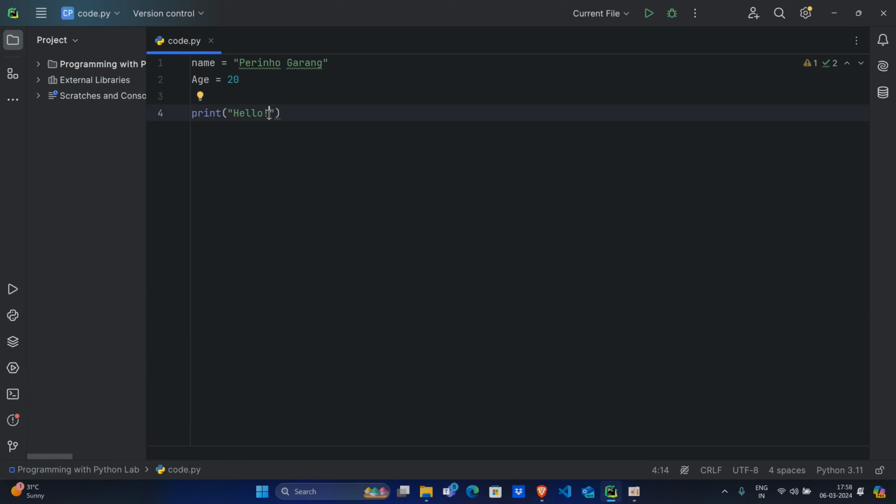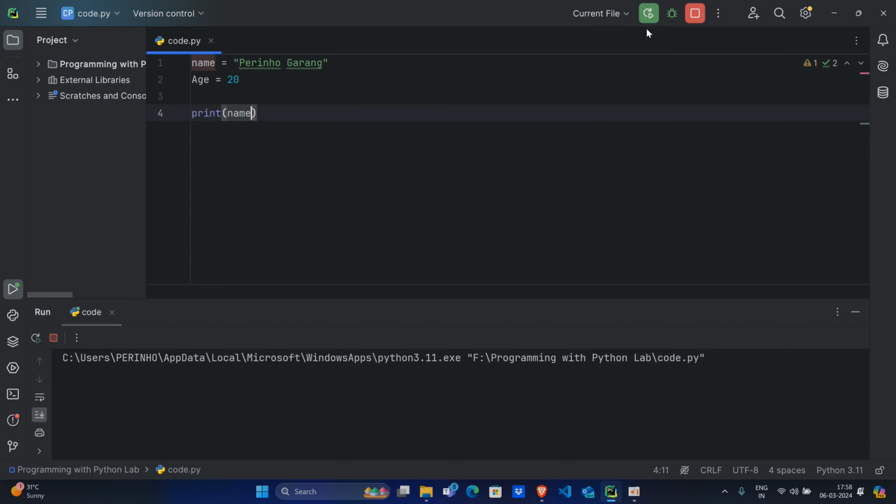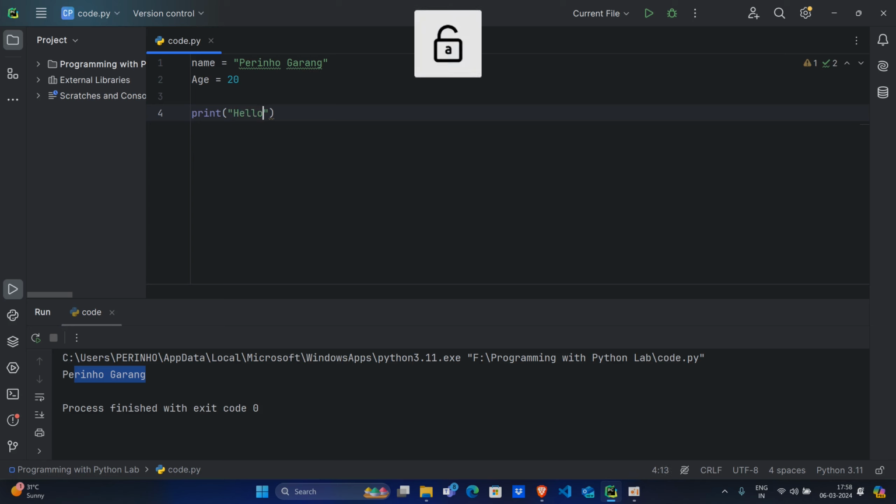I want to print something here from the name. And we already know before, if we want to print a value from a variable, we just have to pass it without a double quotation. And as I pass name here inside the print statement, if I print it, it should print Perino Garang. So we should take advantage of this to print something that makes sense on the screen. So that's why I'm putting here hello, my name